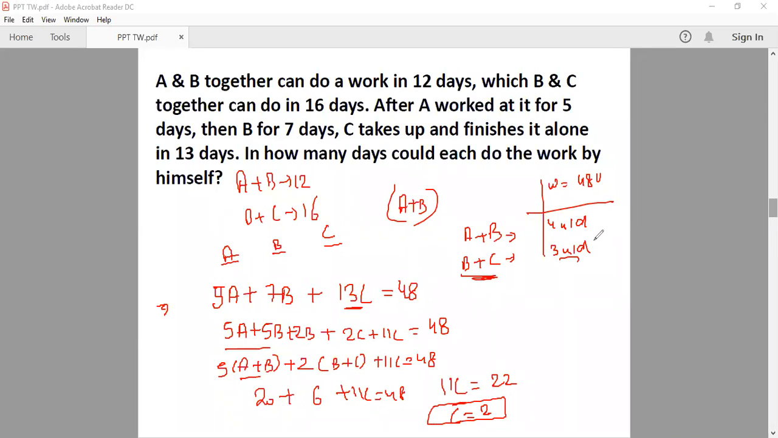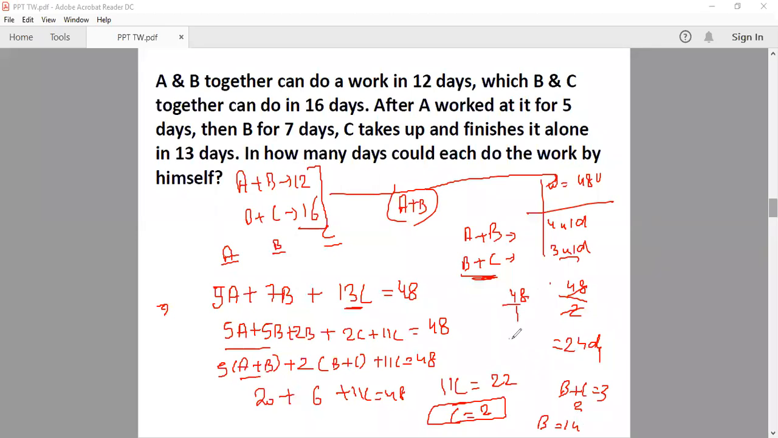सी 48 हमने स्टार्टिंग में एज्यूम किया था एलसीएम ऑफ 12 एंड 16, हमने एज्यूम किया था कि 12 एंड 16 का एलसीएम 48 है, ठीक है। तो टोटल वर्क इज 48, दैट इज व्हाई इट इज प्लेस्ड ऑन द राइट हैंड साइड। तो सी अब आया 2 यूनिट्स, सिंस सी इज 2 यूनिट्स, वर्क इज 48, तो सी का टाइम कितना आया 48 बाय 2, 24 डेज।